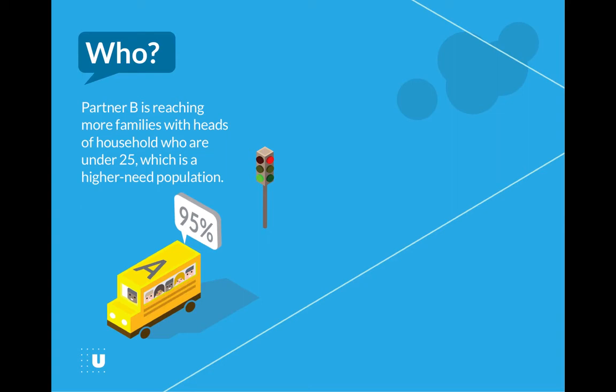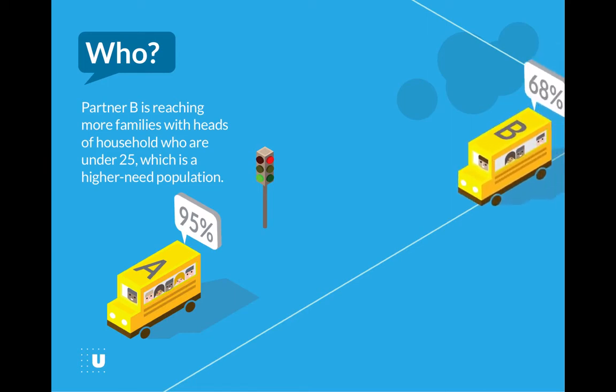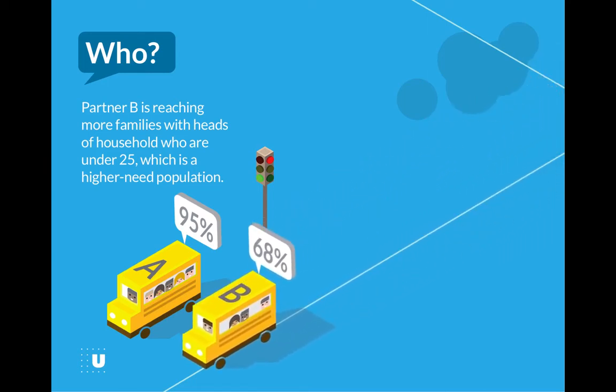In our transportation example, we could say that School Bus B had to pick up children much further from school and had a longer route to take with much heavier traffic, so we would expect it would take more time and resources for School Bus B to get its children to school.